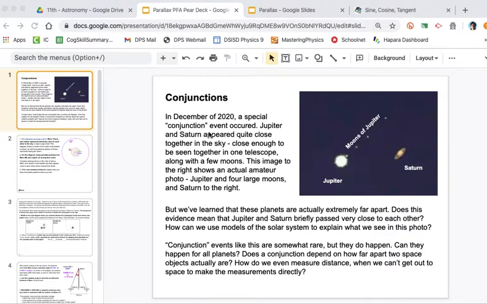Here's a video to walk you through some of the details related to this quiz about conjunctions and parallax. A conjunction is when we see a bunch of planets, or even just two planets, quite close to each other in the sky, even though we know they're really far apart. We need to think about why we see that, and it connects to